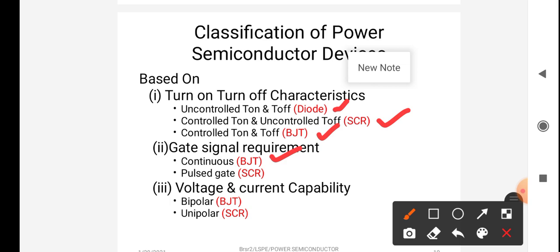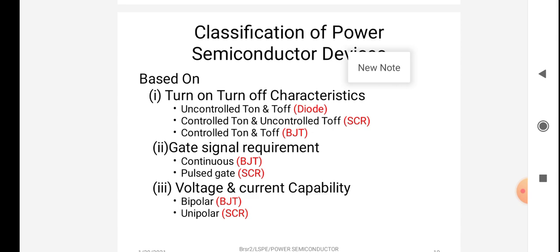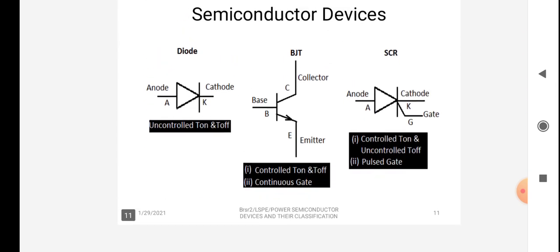Whereas with the SCR, if you give the gate pulse, it is on. If you remove the gate pulse also, it is on. So it comes under the pulsed gate requirement. Voltage and current capability, it can be bipolar if it is BJT, unipolar if it is SCR. So the classification of the devices is like this.